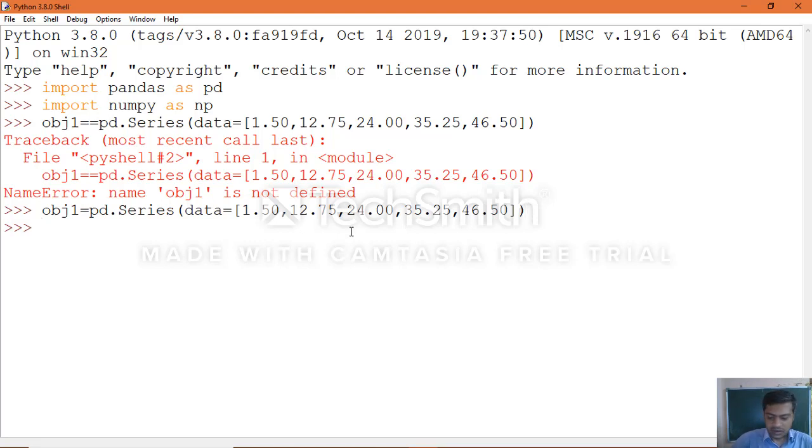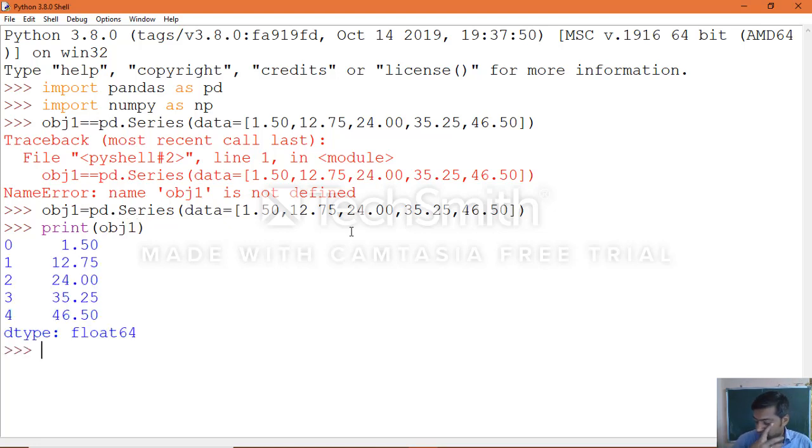Now we can print the data as print obj1, which will give you the data. If you want to modify any data value, yes, we can do that with the help of the object name and the index number. By default it starts with 0, 1, 2, 3.